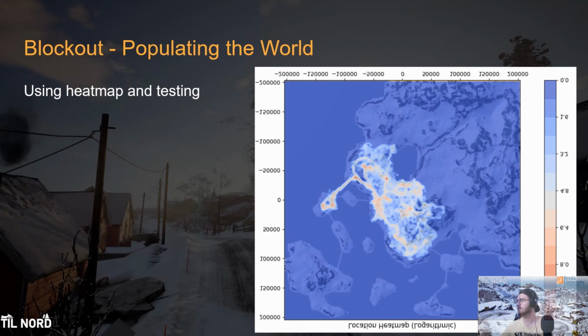So yeah, here's something as well that's interesting. We used a heat map to track where the players go and where they drive around, and this is how the level ended up shipping. So all the stuff where no players are, that got all cut, or you can't actually go there. This was helpful to us mainly to find out where we can improve the placement of some points of interest, and